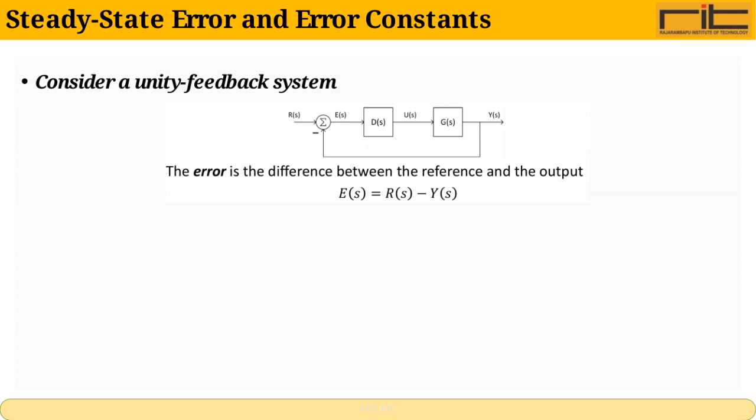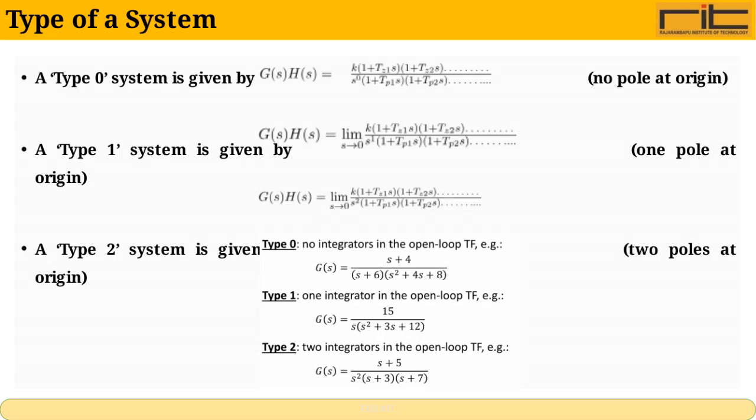performs under steady conditions. Alongside this, we have error constants, which are specific parameters that help quantify the system's ability to minimize this error for different types of inputs like step, ramp, or parabolic signals. These constants provide valuable insights into system stability and performance, allowing us to predict and improve how the system reacts in the long term. Here, we're discussing the different types of systems based on the number of poles at the